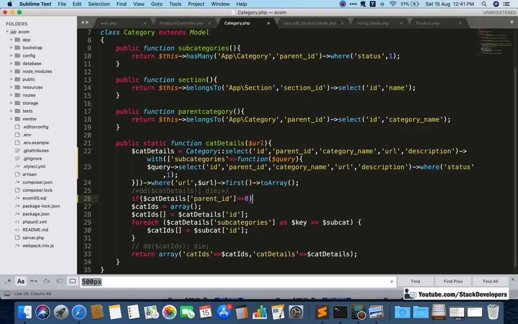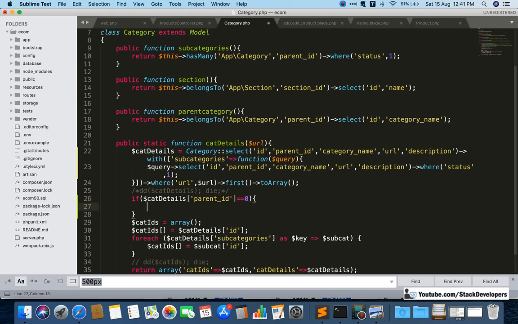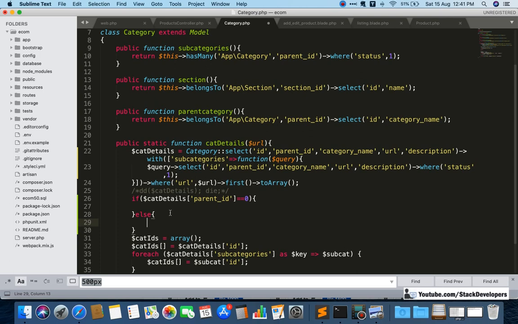See, if the parent id is 0, here else. If it is 0, then we are going to show only the main category, because the category itself is the parent, that's why its parent category is 0 in breadcrumb.